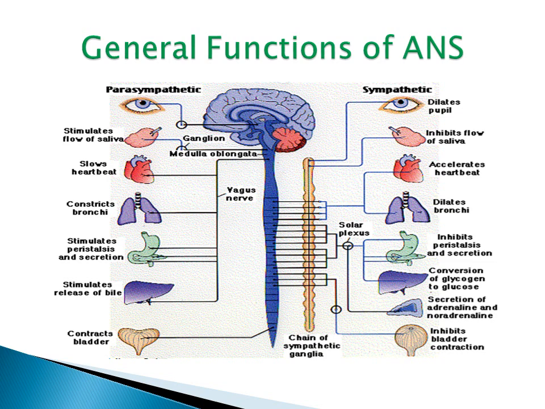And whenever we focus on an object which is near to us, or whenever we come into a light-illuminated room, in that condition the parasympathetic nervous system is stimulated and it does the pupil constriction process. Now coming to the action on the lacrimal gland. The parasympathetic nervous system increases the lacrimal secretion, and the sympathetic nervous system reduces the lacrimal secretion. Coming to the salivary gland.